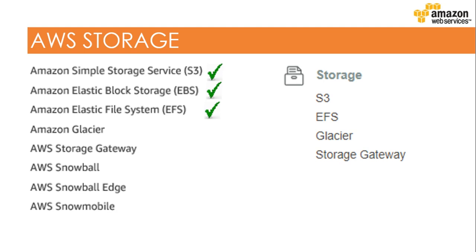Two more services are there, but more or less we'll talk only in the practical sections, with details on S3 and EFS. Apart from that, we also have AWS Snowball, AWS Snowball Edge, and AWS Snowmobile. These are the categories we are going to get in AWS. But so far, only a few services are there once you log into AWS: S3, EFS, Glacier, Storage Gateway, and EBS, which will be there in EC2.